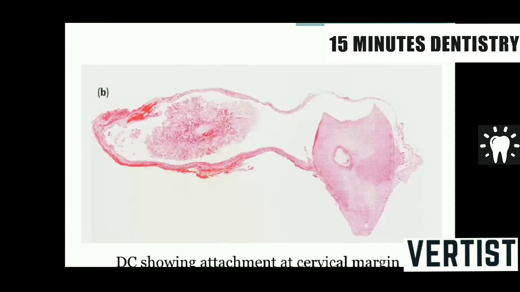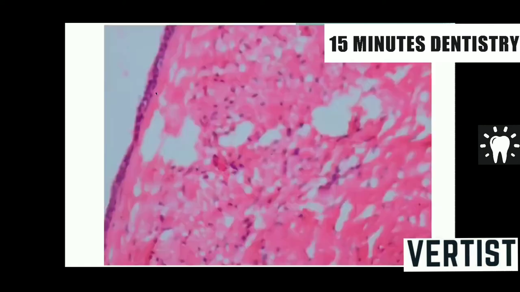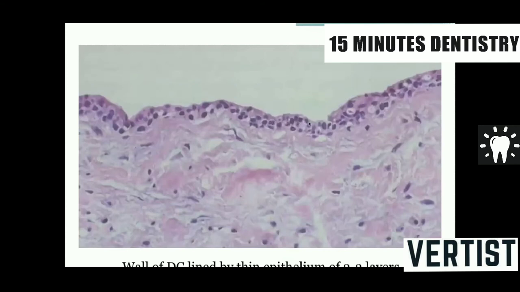The microscopic picture of dentigerous cyst is very, very characteristic. As mentioned, the borders of the cyst are always at the neck. So this is a specimen with a decalcified tooth. This is the lumen of the cyst. And see the lining: the epithelial lining looks like reduced enamel epithelium, very thin, just 2 to 3 cell layers thick. The epithelial lining is thin, and this is the connective tissue capsule of the cyst, which is fibrocellular. This is the lumen of the cyst.